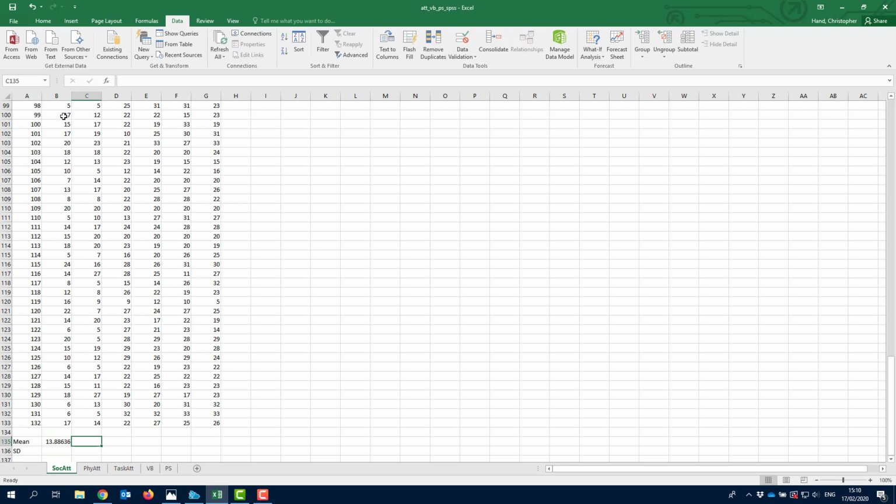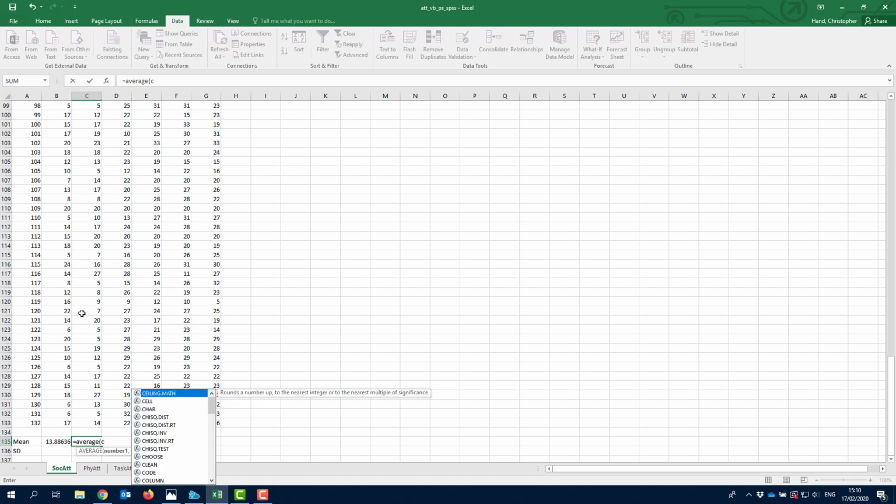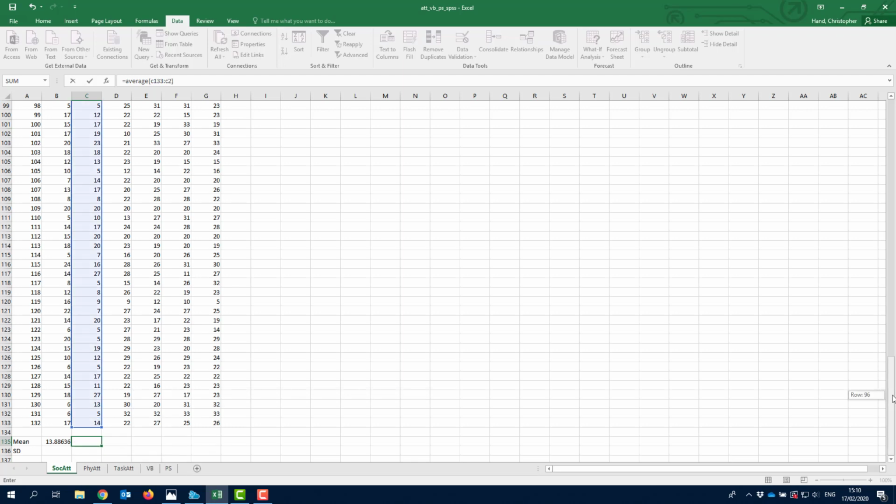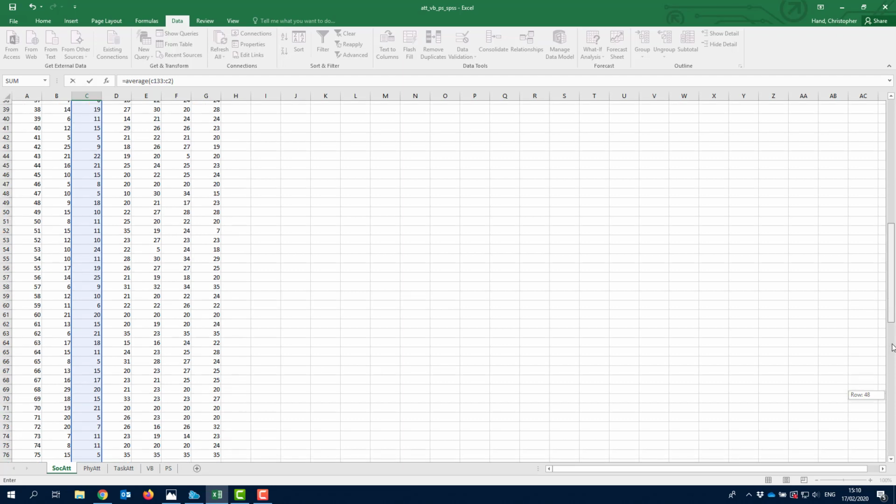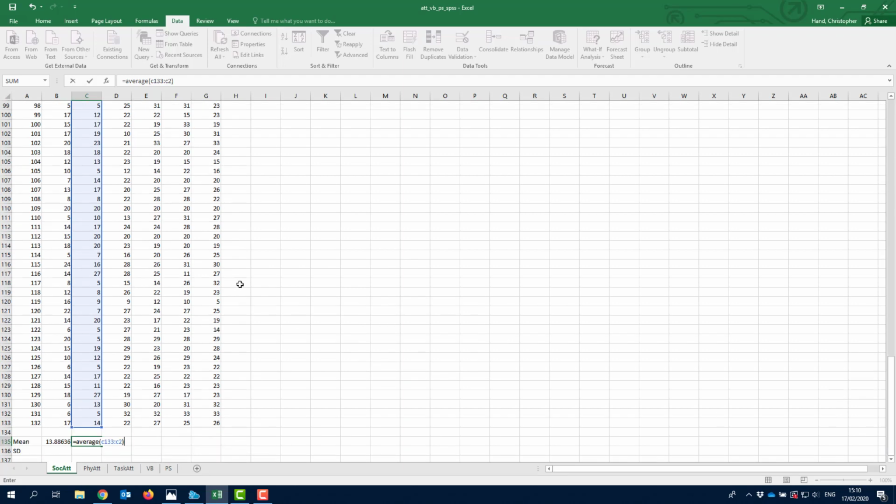An alternative way that we could have done that is using the cell references. So equals average again, and we know that we're in column C, and the last value we want is in cell C133. We can then use a colon, and we know that the first cell that we were interested in was C2. And before we close that off, we can go up and double check. Yep, C2. So a couple of ways to do it, one by clicking and dragging,